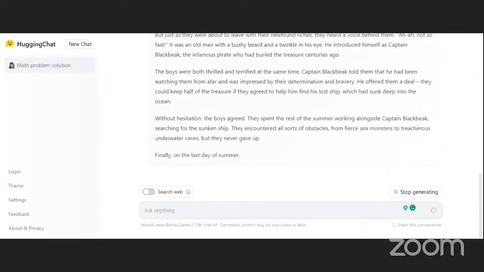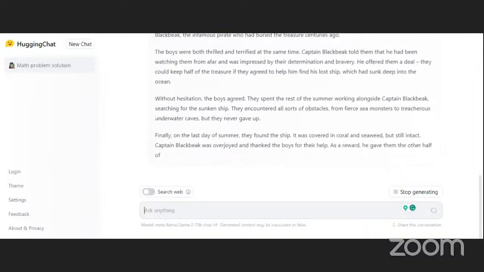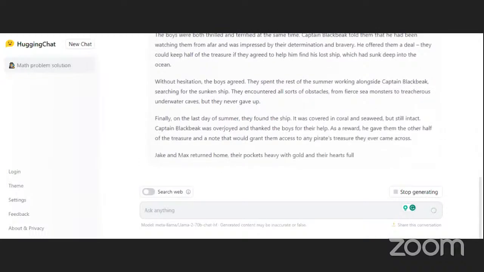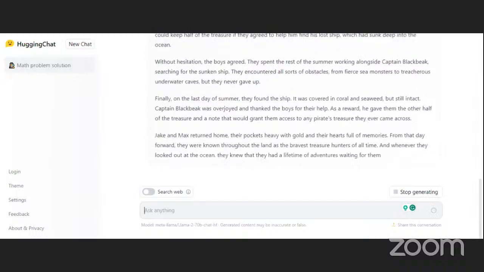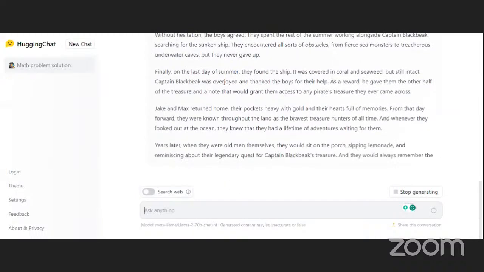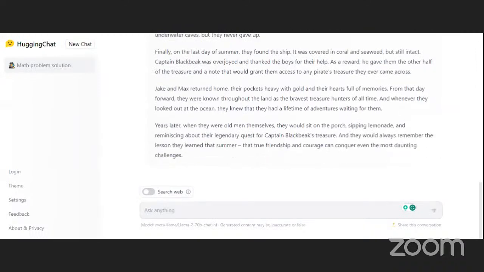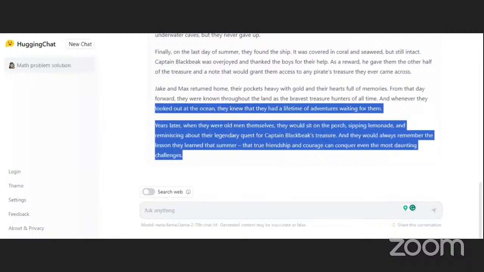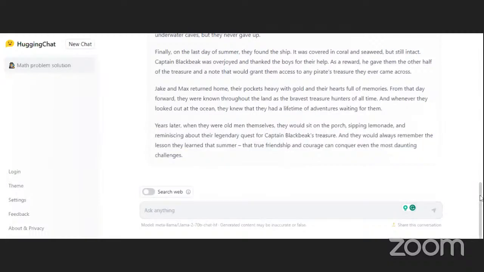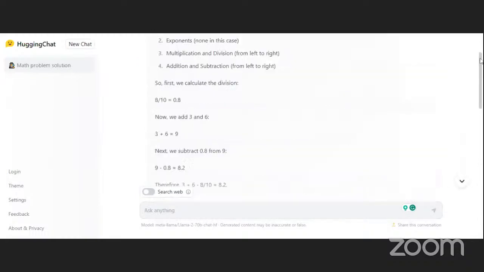So it's something that, in your free time when you're bored, you can just chat with it. And I'm quite sure this one also works on the phone. So let me just drop it in the chat box for you to check out. This is the name, Hugging Chat, for you to try out now. So that is it. Any questions about this? It looks like it's very straightforward. Again, the interface is very basic.